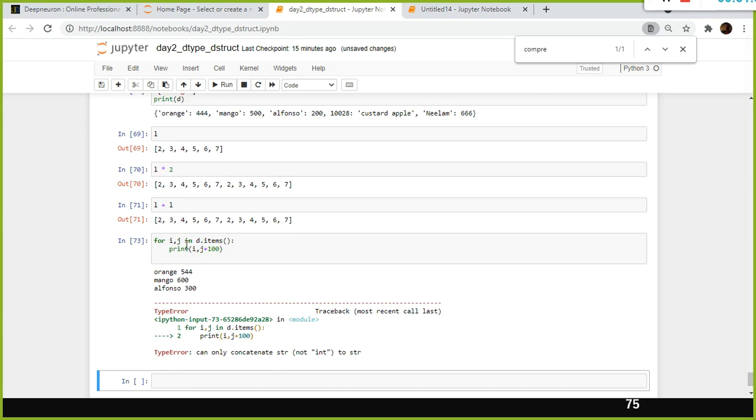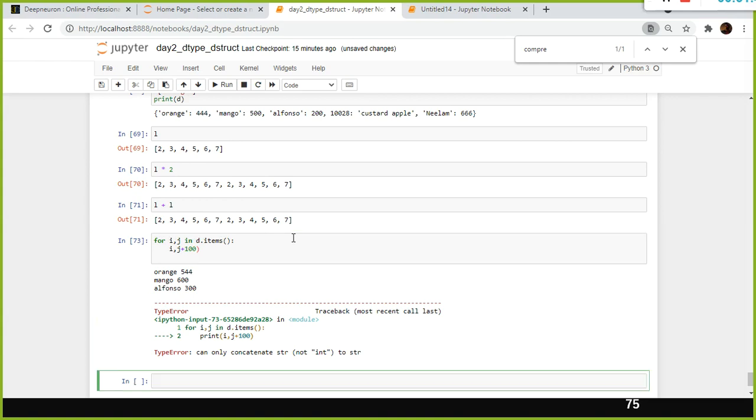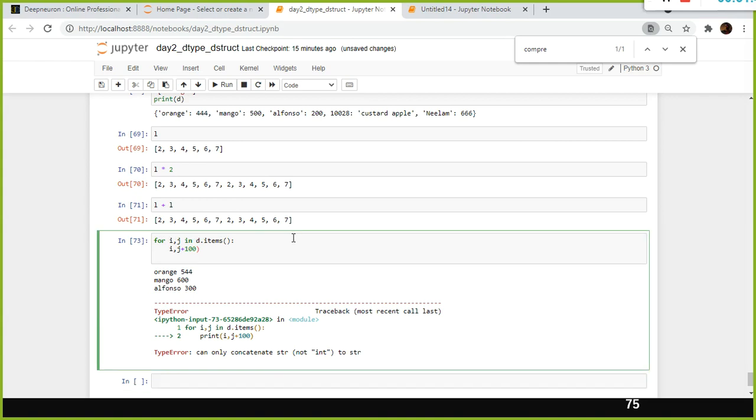You can only concatenate strings, that is not okay. Let me do one thing. Here, print j into 100.